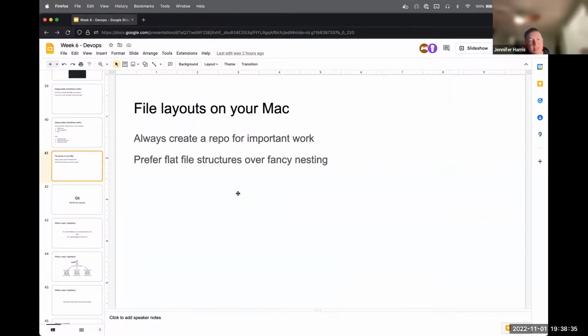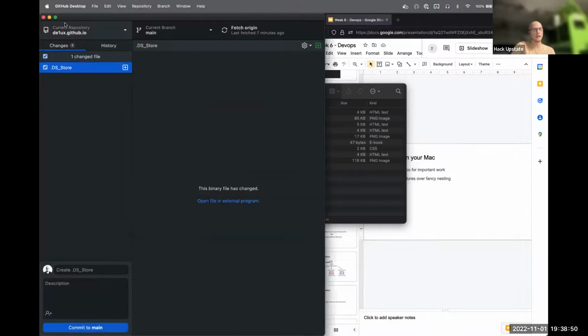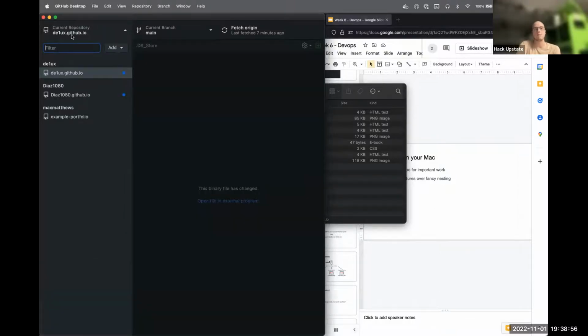How would you suggest we separate files then? Good question. The way that you separate it is by creating a bunch of repos. Right now, I only have one repo and it's dedicated to my portfolio. It's my deluxe.github.io. This is my portfolio. If I wanted to have another one, say for the